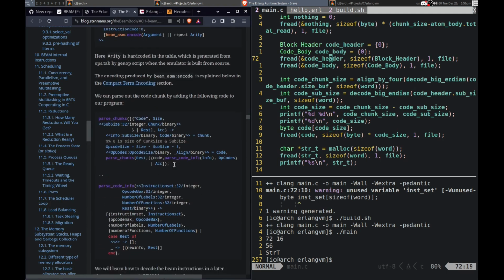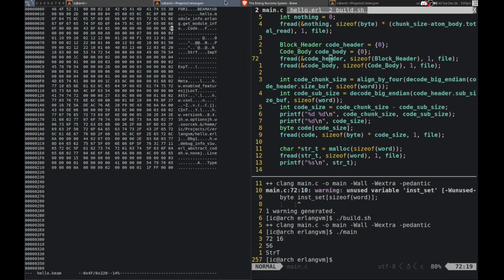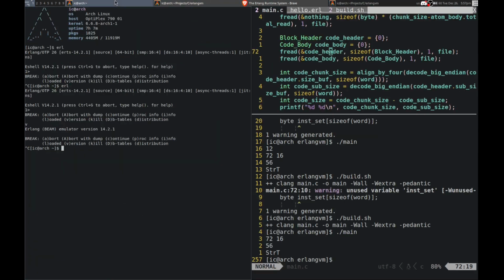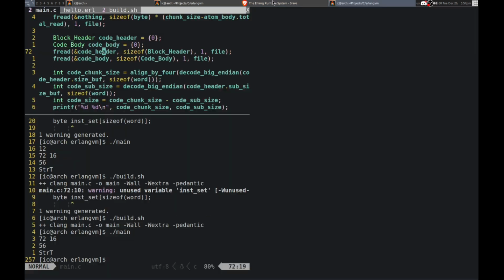We can look at the string table chunk. That's where all the strings are stored. I don't think we have any strings, so it's not very long. Okay. So we're getting there. Let's see, what is this? Okay. So then data. That's the strings.